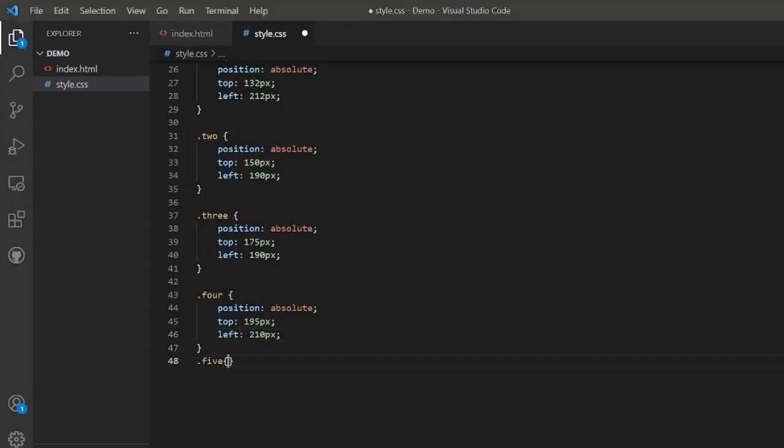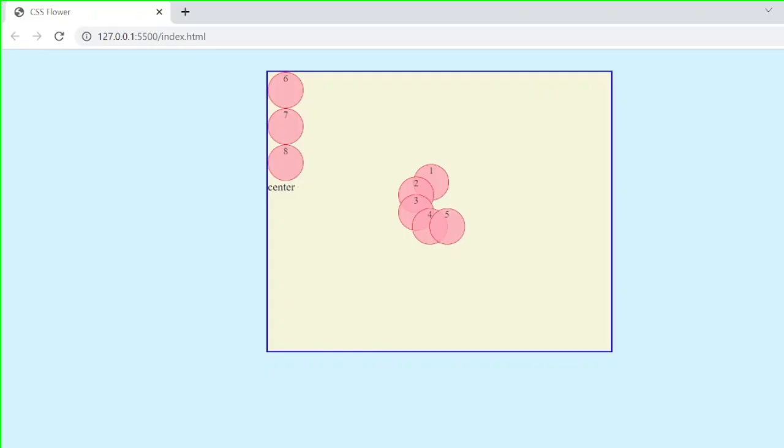For 5, we can do the same thing and change the coordinates to 195 pixel and 235 pixel. So we have 5.